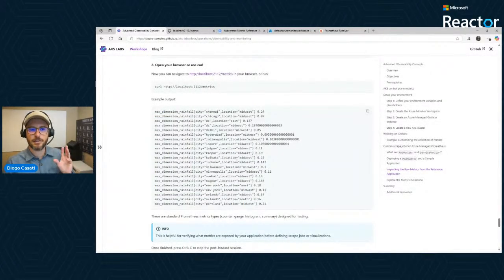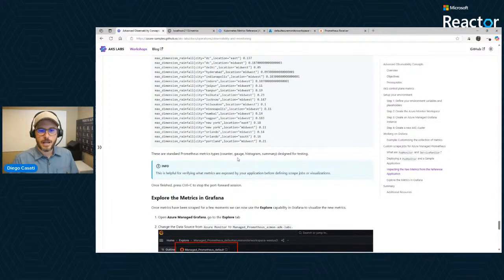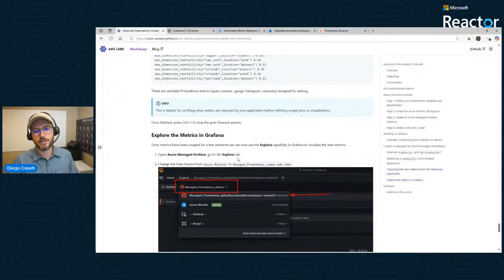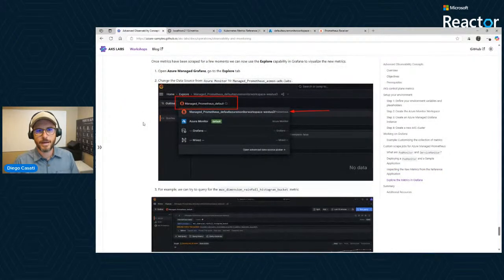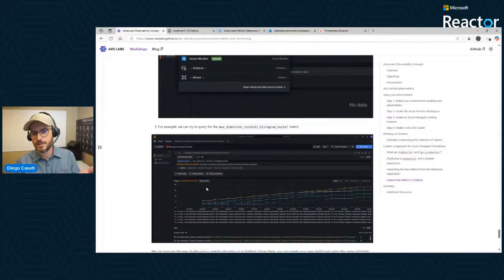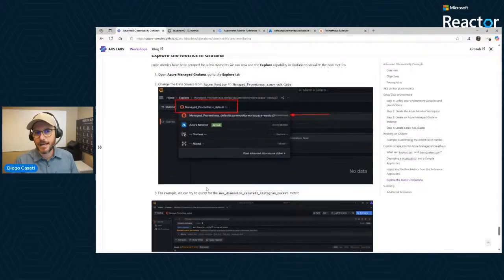The metrics are not related originally to just a pod. I mean, this is looking at rainfall. Conceptually, it's the same thing that we did before. Now that you actually have this running, right, you would be able to go back to Prometheus and look for those metrics, right? So something like max dimension and rainfall. That's just a metric that came out of the pod.